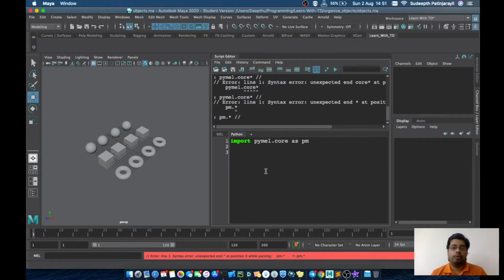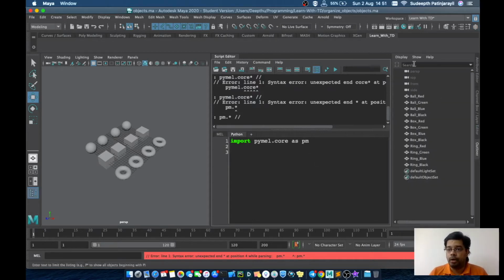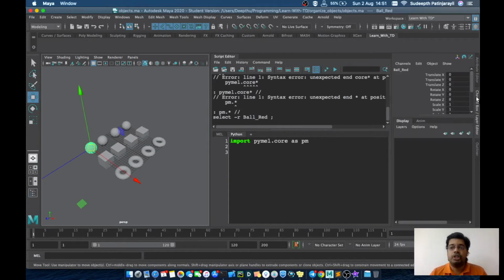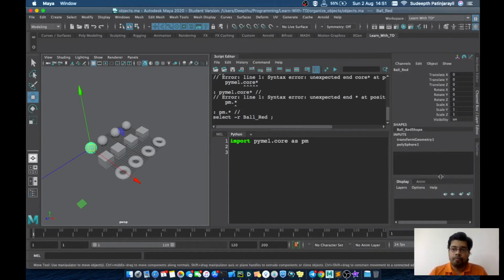First what we will require is to get all the top level transform nodes. In Maya, for every object we have a transform node and a shape node. The transform node holds the position of that object in world space.